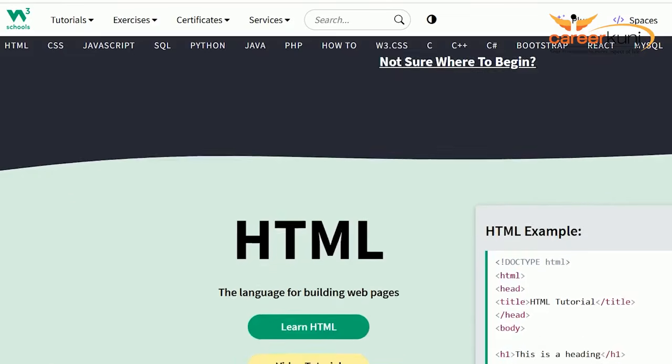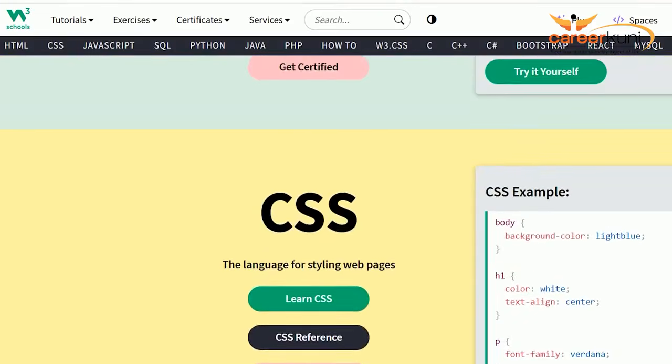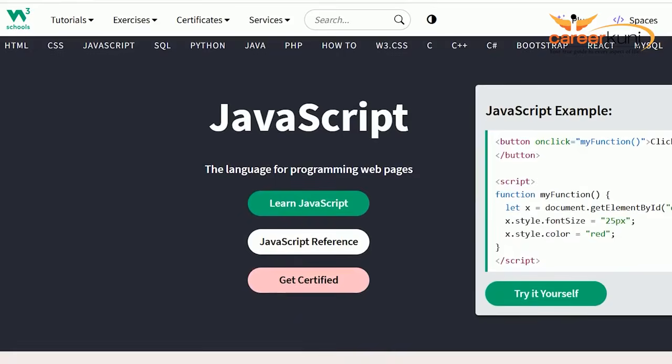So the first resource here is W3Schools. Your preferred coding language can be Java, C++, or even Python. But for any language, you should know all the terms and all the methods. W3Schools is a website which has all the most used languages listed there. You can check any language. You can start going through topics one by one.